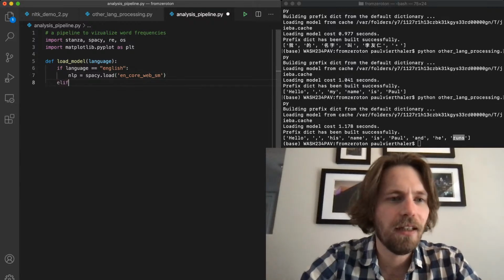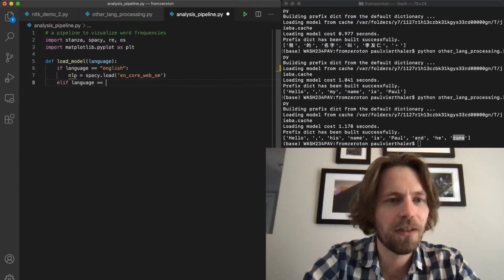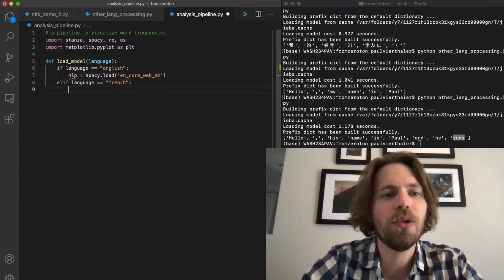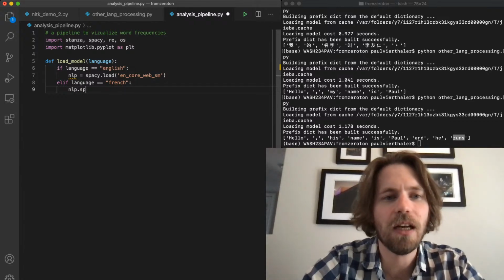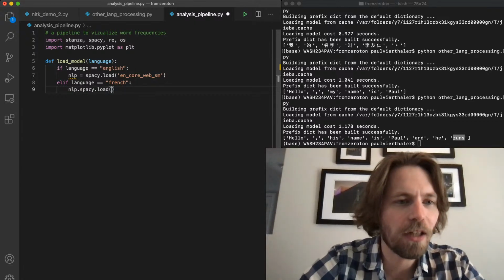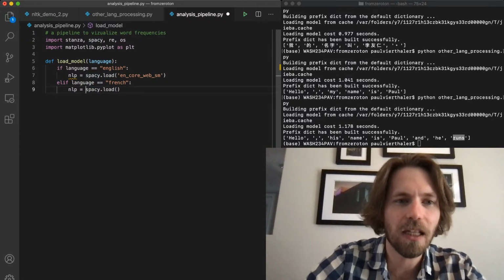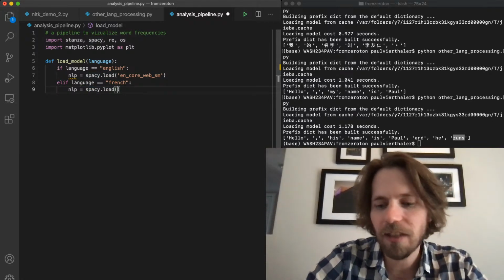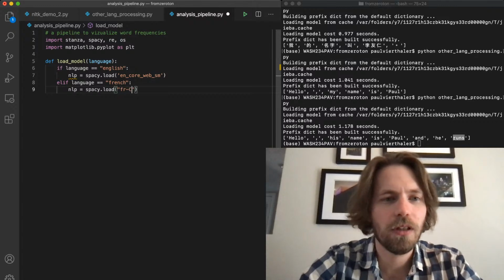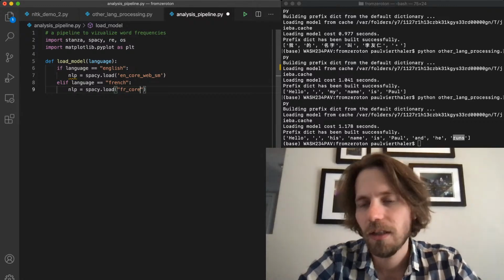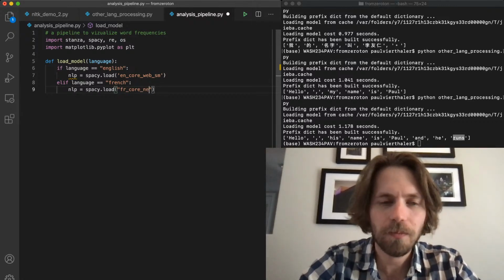If language is French, I'm going to use nlp equals spacy.load, and I will give it fr_core_news_sm,